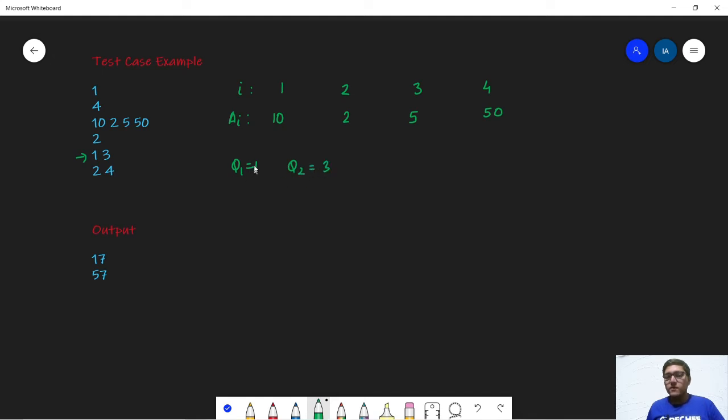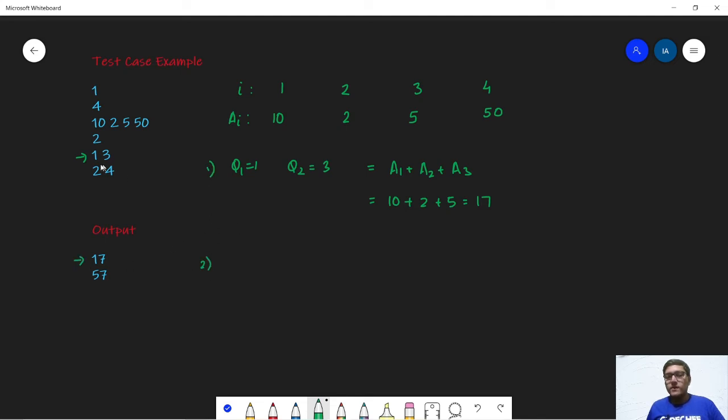It means that the traveler will start the journey from island 1 and will end the journey at island 3. So the total number of gold coins that he will get is equal to a of 1 plus a of 2 plus a of 3. This is equal to 10 plus 2 plus 5 equal to 17 as given in the output.